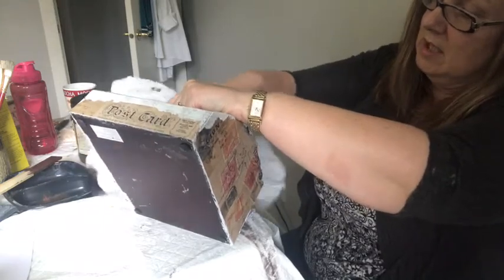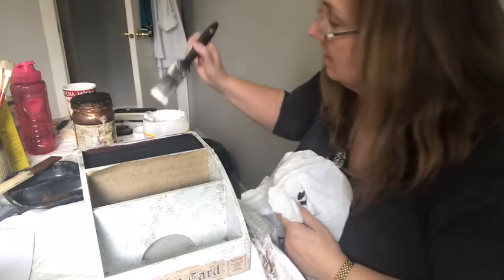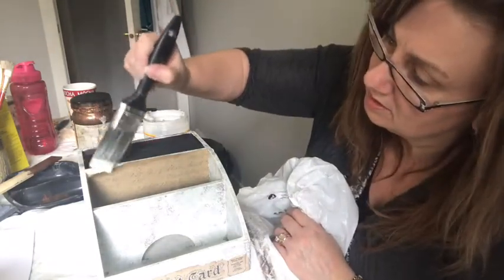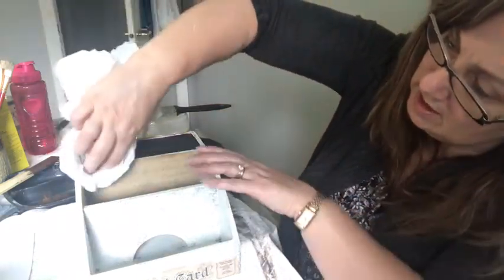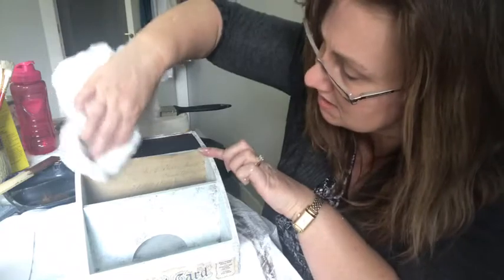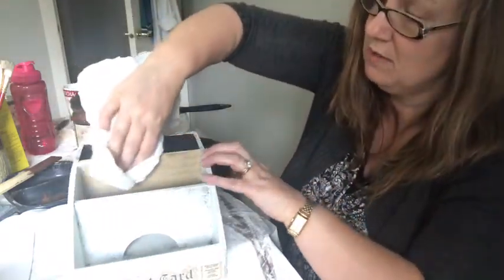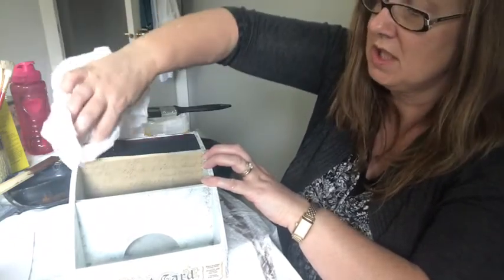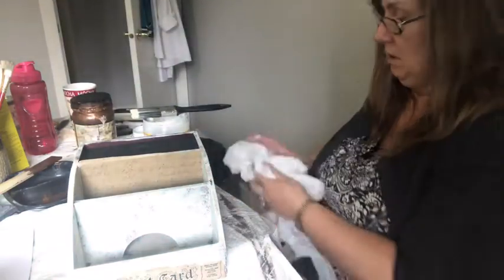And that goes in nicely. I just got to put a tiny little bit of Mod Podge up here. I guess my cutting skills weren't perfect, so I have it a little bit over. So I'm just going to wait for that to dry, and then I'll use a little bit of sandpaper to sand off that top edge. I'm going to do the same